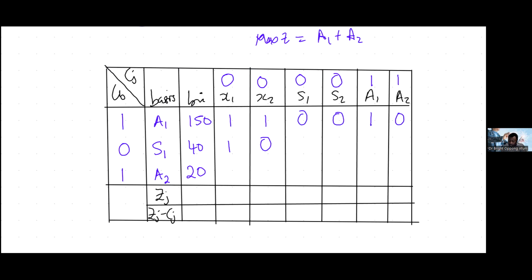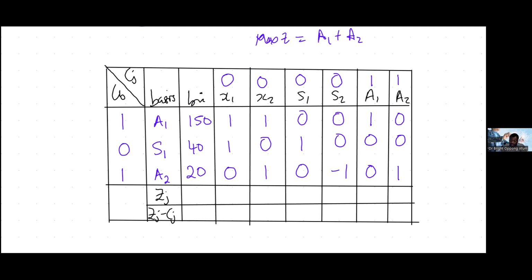Yes. There was no S2, no A1, no A2. Then X1 was 0, X2 is 1. The negative S2 is 0. Then 1. All right. So if we are to complete this table, we have 1 by 150 plus 1 by 20,